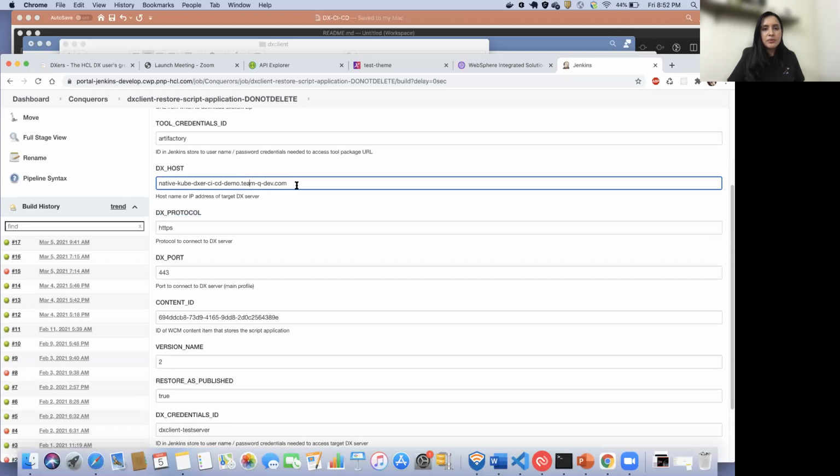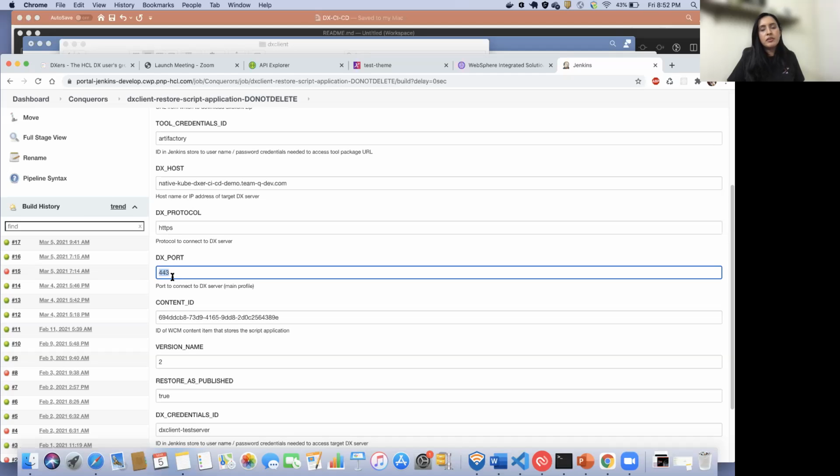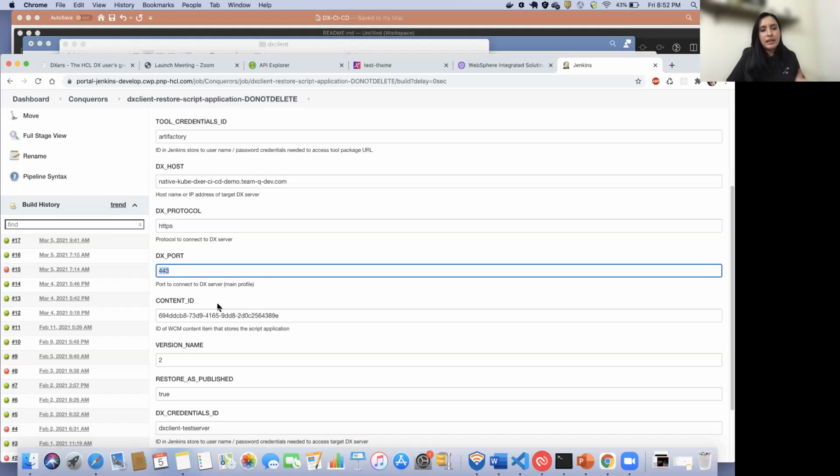So here, as you see, I'm using one of the native Cube setups that I have spawned out. In any Cube environment, you need to give all the port numbers as 443, and hence that is why that is documented. You will be able to see it also. Kubernetes is enabled with the CF192. Just to note that.